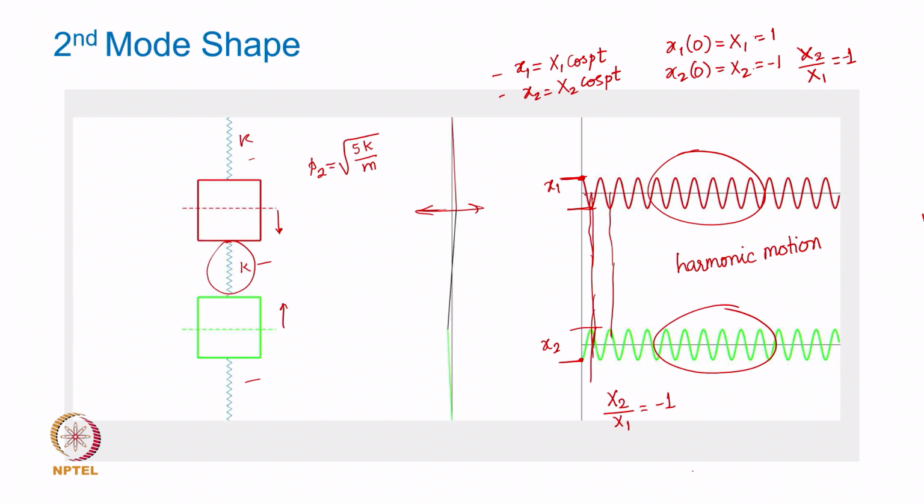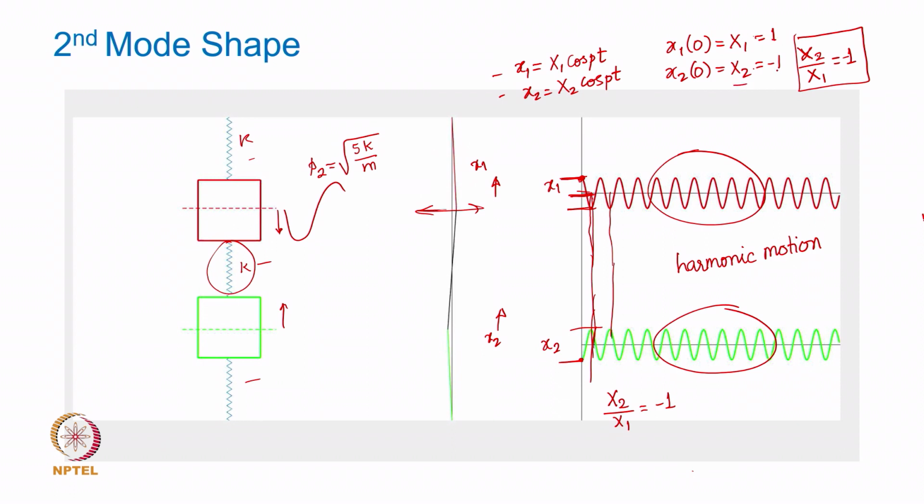I am assuming here, for the sake of illustration, that x1 is positive. Obviously, in the actual case it is going to be like this. Anyway, the point here is this mode shape or this initial displacement, capital X1 and capital X2,